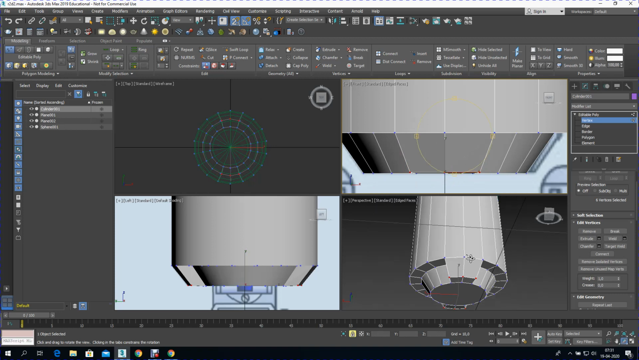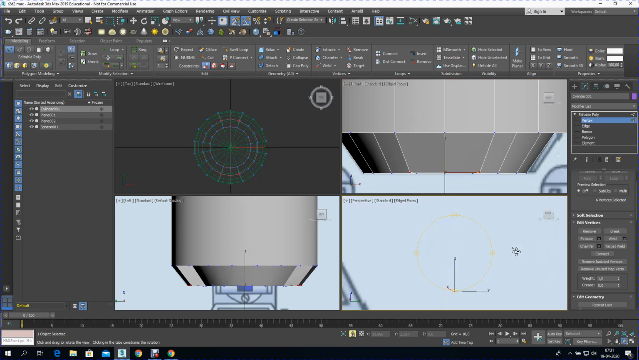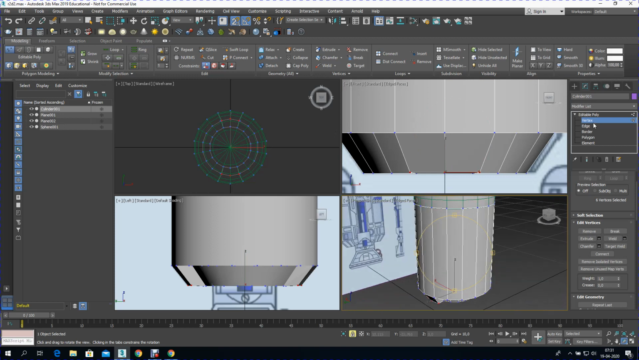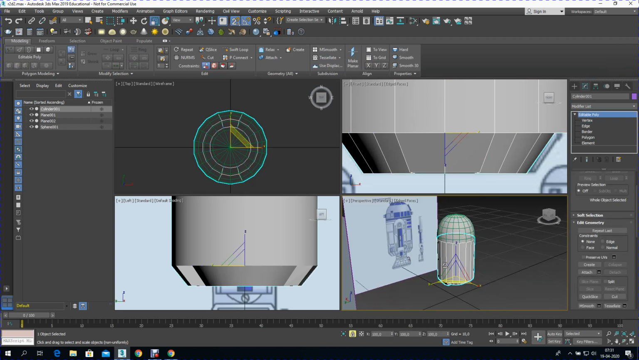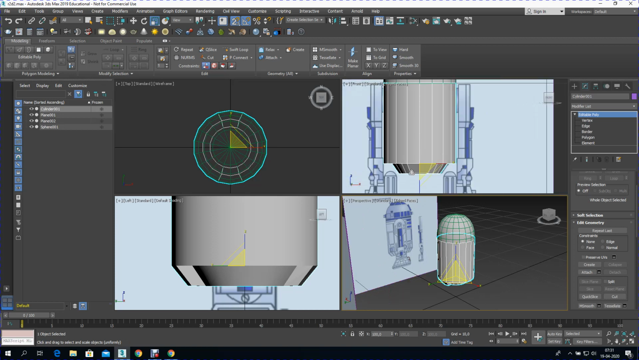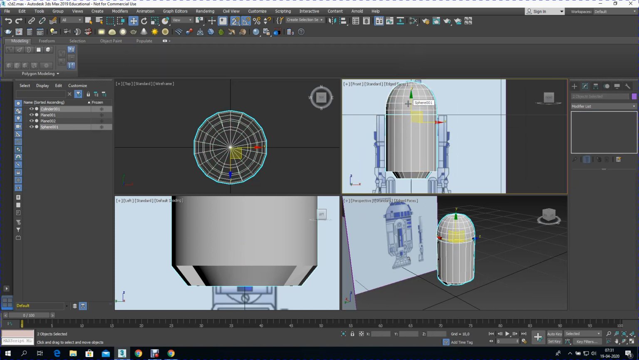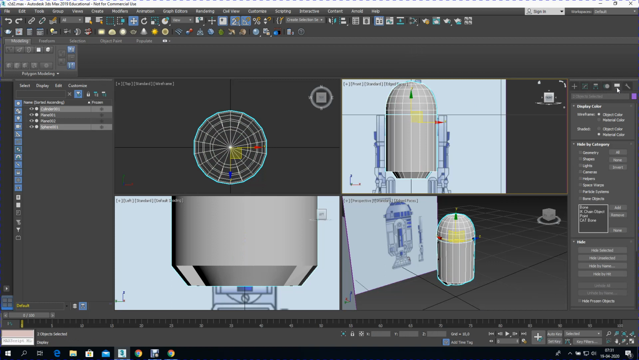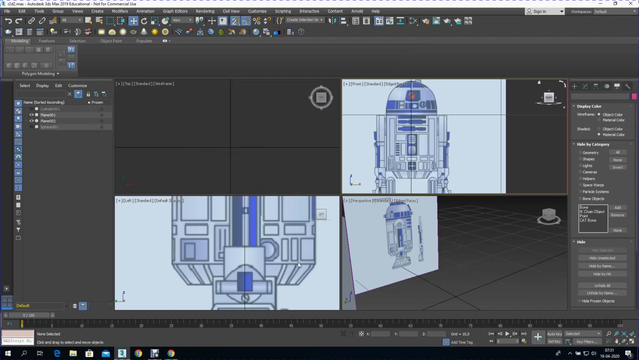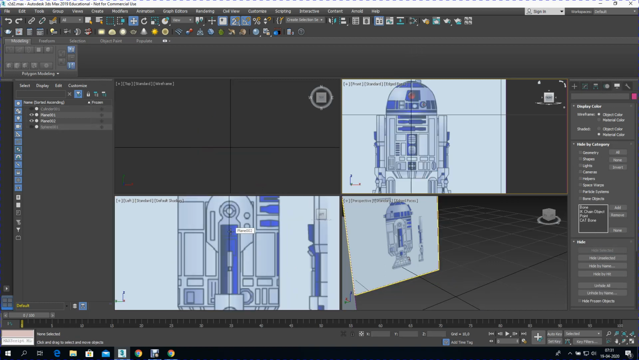So now we have the body of R2D2 created. The next part we're going to do is create the legs. So we're going to take R2D2's body right there, Ctrl-click on the bottom, Ctrl-click on the top, and then if you go to display right there, put height selected so our model is not in the way when we create